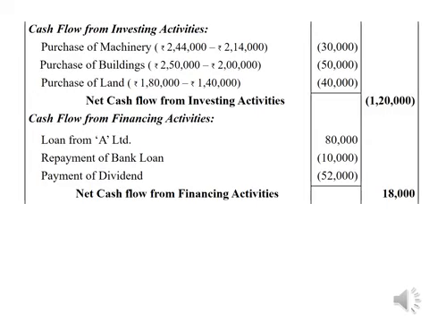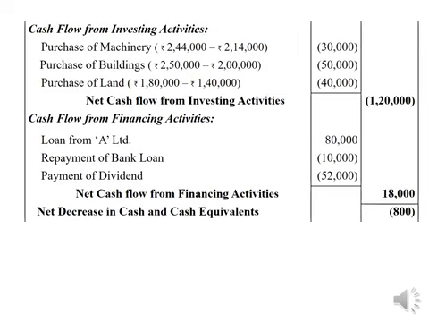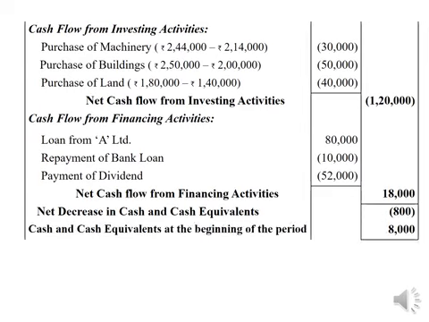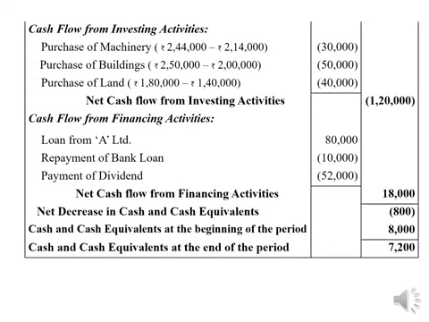Add all the three items in the outer column: cash flows from operating activities, net cash flows from investing activities, and net cash flows from financing activities, to get net decrease. So we are getting a minus figure, therefore it is written as decrease. If it is a positive figure, then you can write it as net increase in cash and cash equivalents. So the net effect of all three activities leads to negative 800 rupees. Then compare it with the opening balance of cash and cash equivalents, rupees 8,000. Automatically you will get the cash and cash equivalents at the end of the period, rupees 7,200.